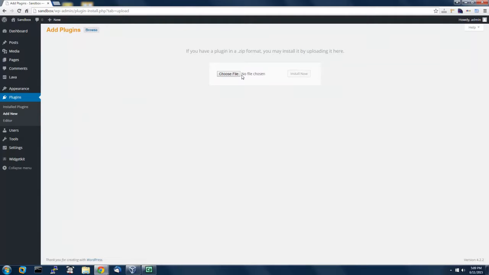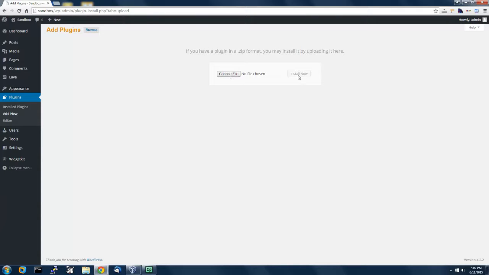Now here it says choose file, so you're going to choose the installation file for Audio Merchant that you downloaded from your provider, or by going to myaudiomerchant.com. So I'm going to go ahead and choose file here, and basically you just choose the installation zip file that they provided you, and you're going to click the install now button here. Since I already have it installed on my system, I'm not going to go through that step, but basically you would just put your zip file here and